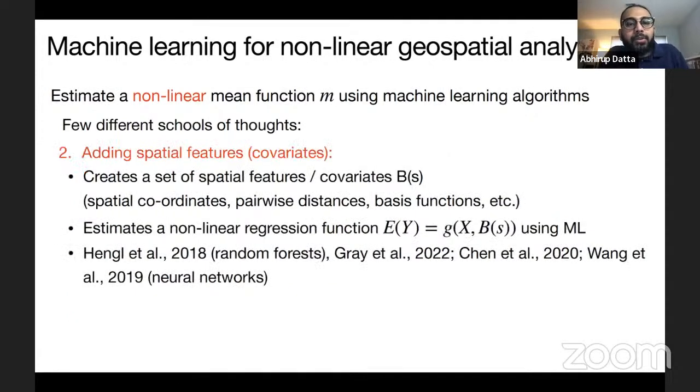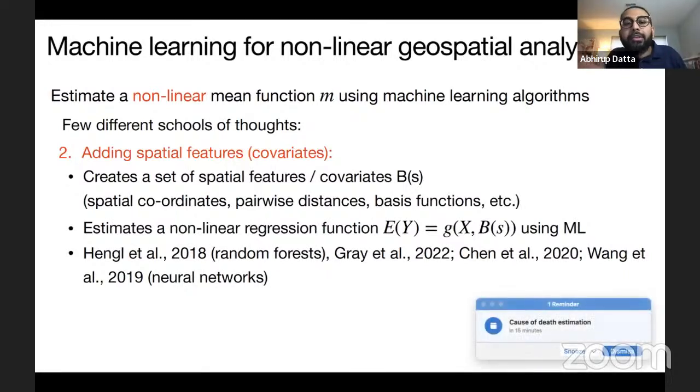The other approach is also quite general. To account for the spatial structure in the data, it creates a bunch of spatial covariates or spatial basis functions. This can be either basis functions, or just the latitude and longitude, or you can create a matrix of pairwise distances and throw them in as additional covariates in your random forest or neural network software.